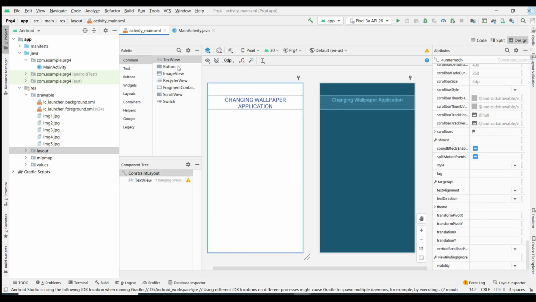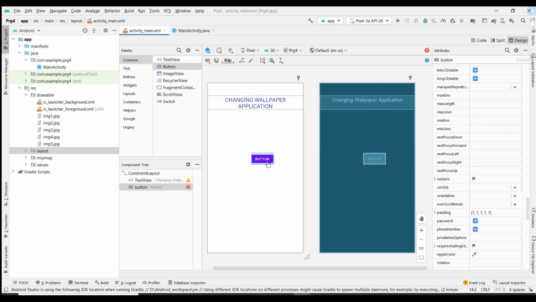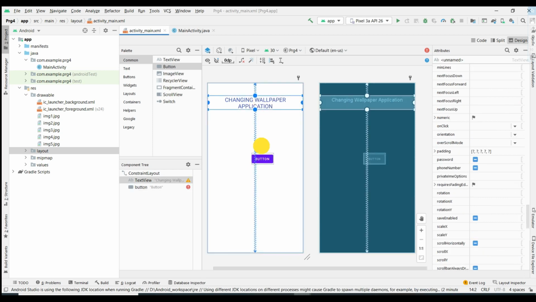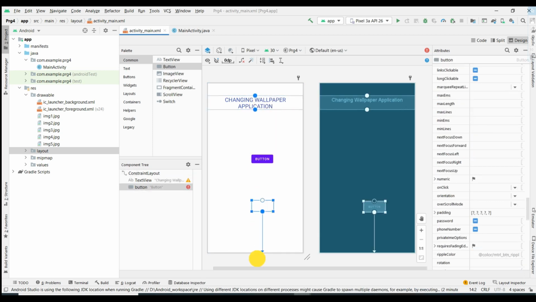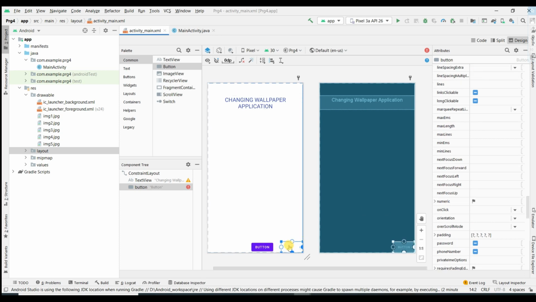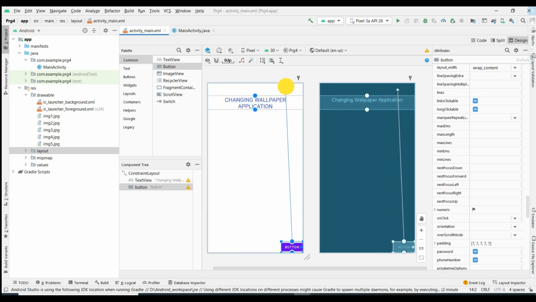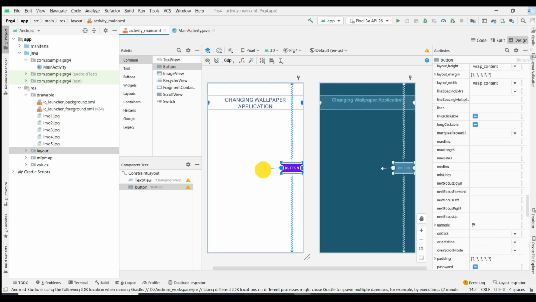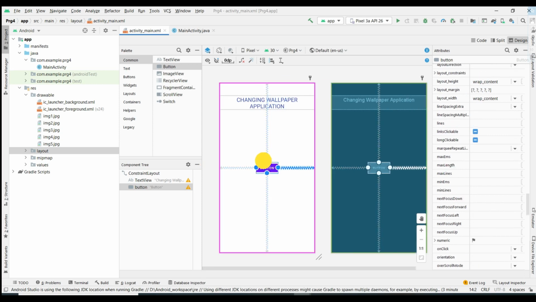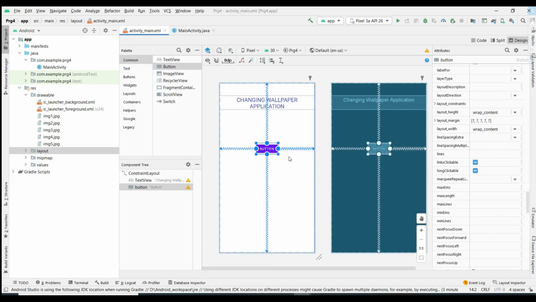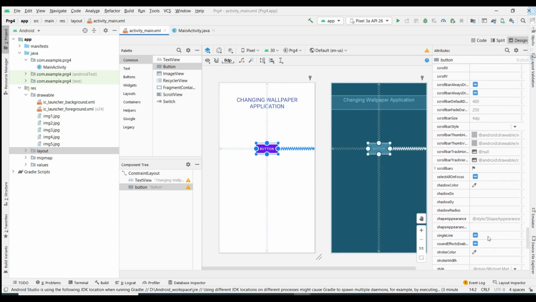Then I need one more button for this, because on click of this button only the wallpaper needs to get changed. So I'm going to drag and drop this button, and I'm going to give the constraints for that. We give the constraints to fix that button in a proper space once you have run your emulator. Then we need to change the text of this button, right?